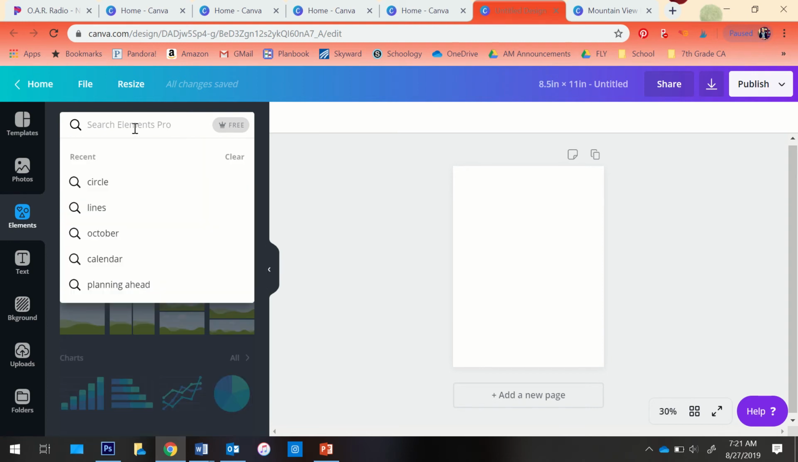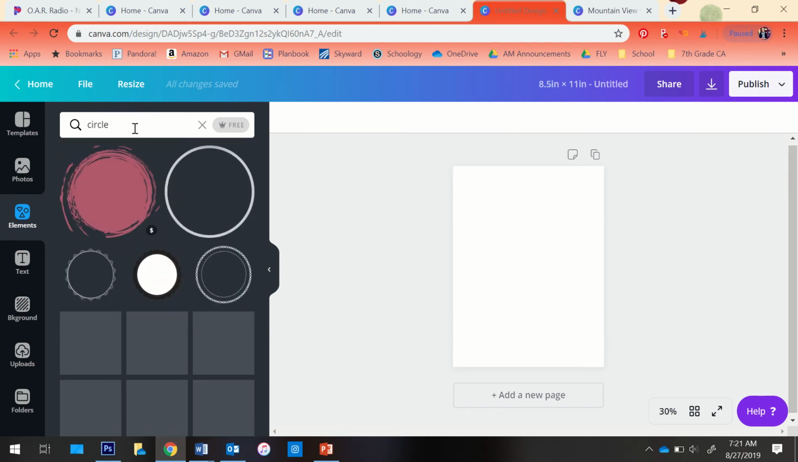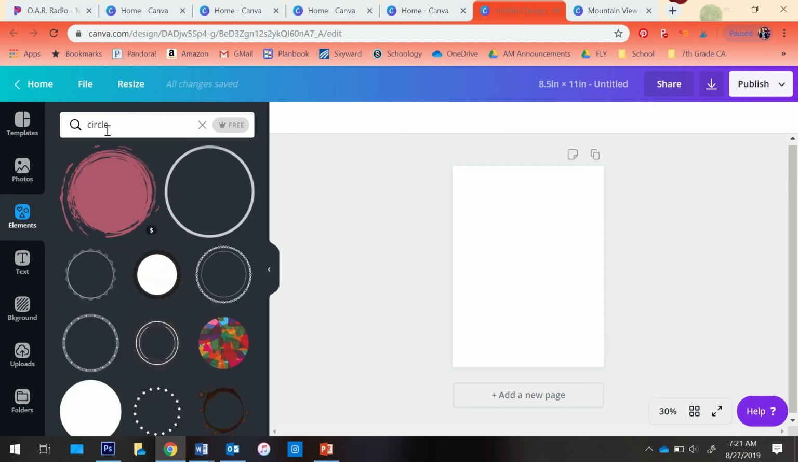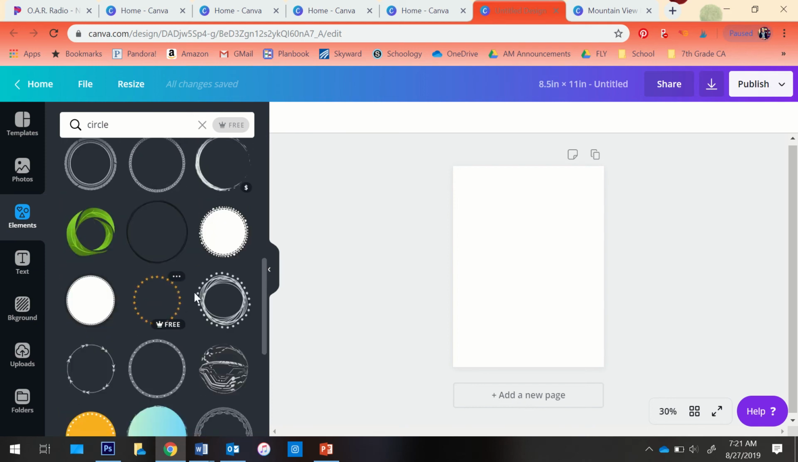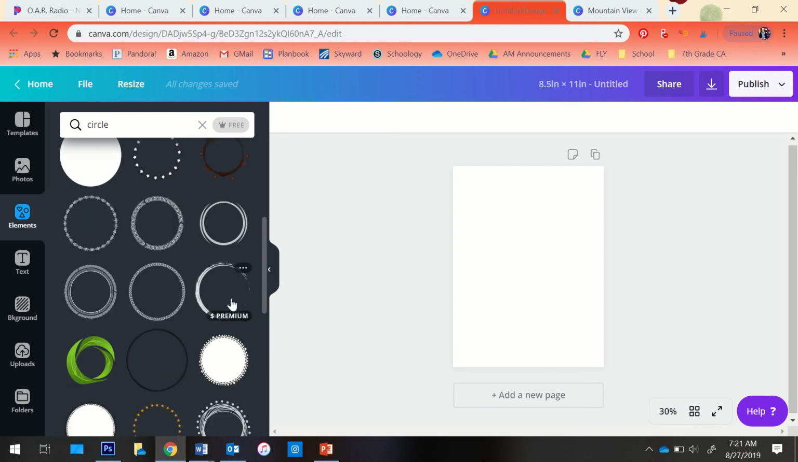You can search, let's say you wanted to enter a shape. So you're just going to type in circle, and it's going to give you all sorts of different circles that you can use in your design. Now, if you'll notice, when I hover over them, you're going to get some that are free, and you're going to get some that are premium. The premium costs money, so we can't use those. Okay, but there are tons of free